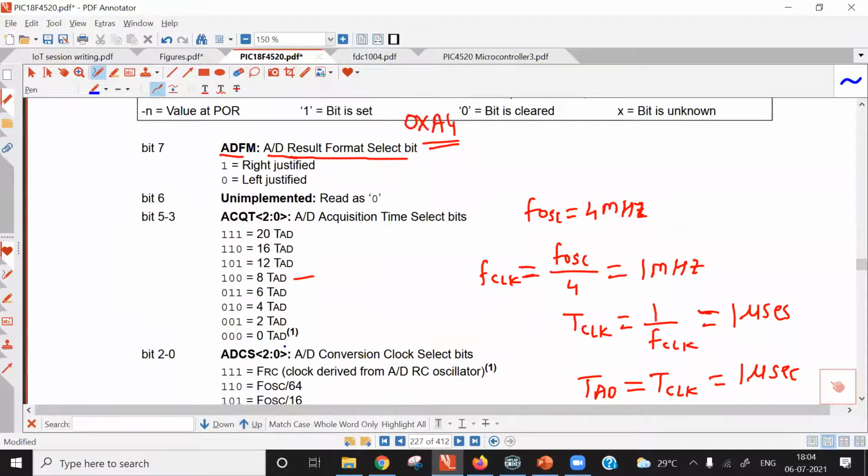This required acquisition time could be 0 TAD, 2 TAD, 4 TAD, 6 TAD and so on. We are supposed to select this acquisition time based upon how much time is required for the on-chip capacitor to charge. For one example given in this application note, this is around 2.4 microseconds. So acquisition time must be greater than this. We have selected acquisition time equal to 8 TAD. So the bit combination is 1000.